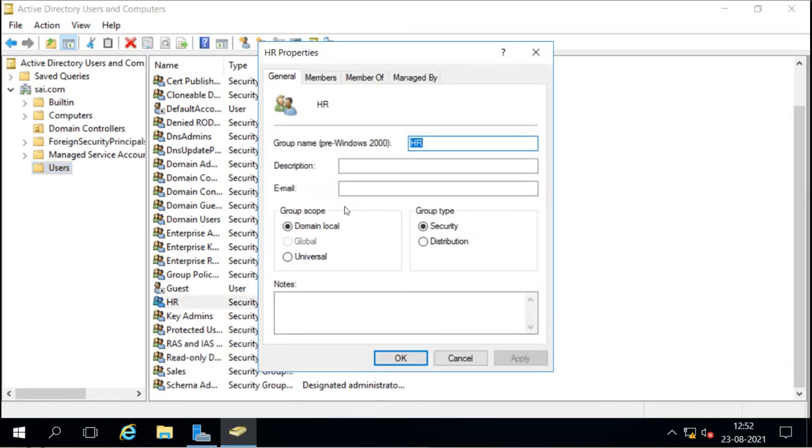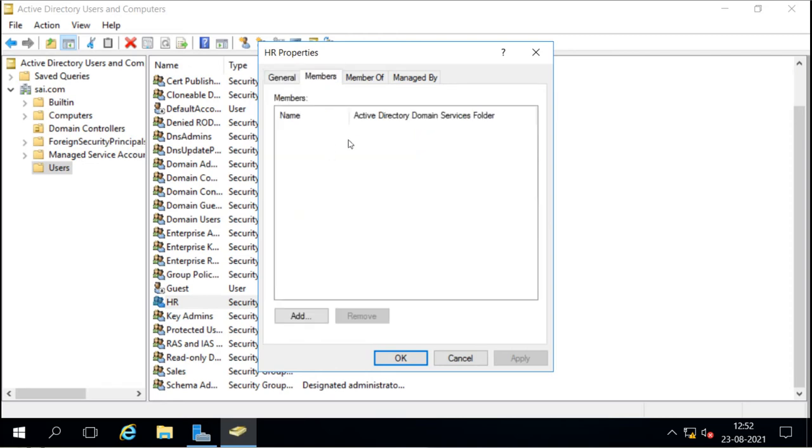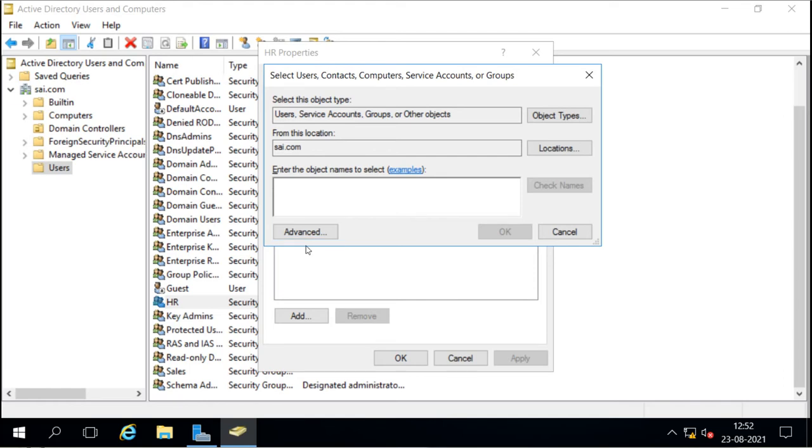Now this is our domain local group, and it can also convert to a universal group, but it cannot convert to a global group. Now for this domain local group, I want to add members. So I will go to Add, and I will find Sales here.